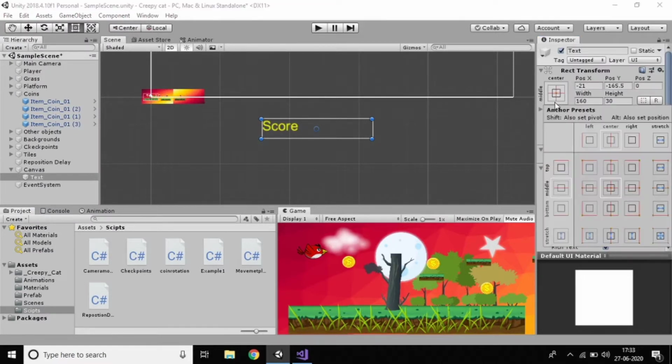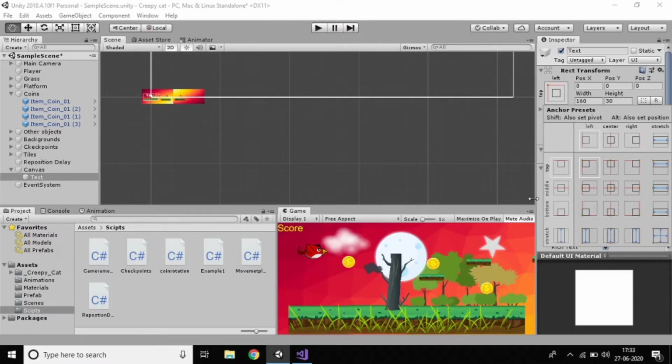Now click this one and hold alt shift. If I press alt shift, the text box automatically comes here. So this is the shortcut, don't forget alt shift. You can observe the pivot points will change here. Select this top left corner one, because the score should be in the left corner. If you want the right corner you can select that, and you can observe the output. If you want the score in the middle on top, you can select this one. I want the score in the top left corner, so select this one.